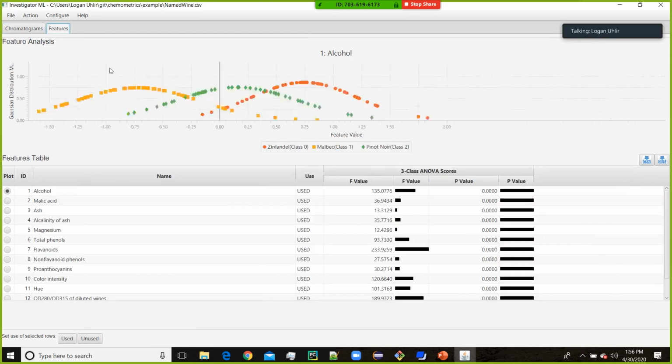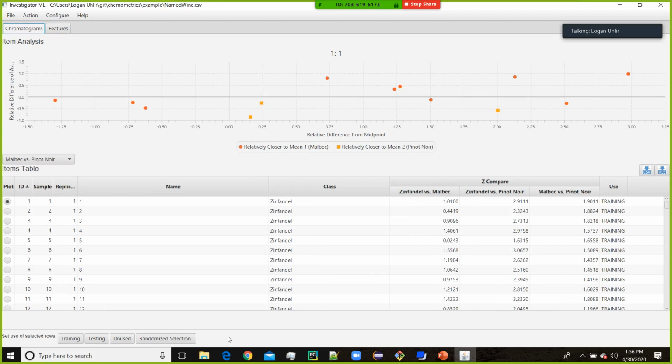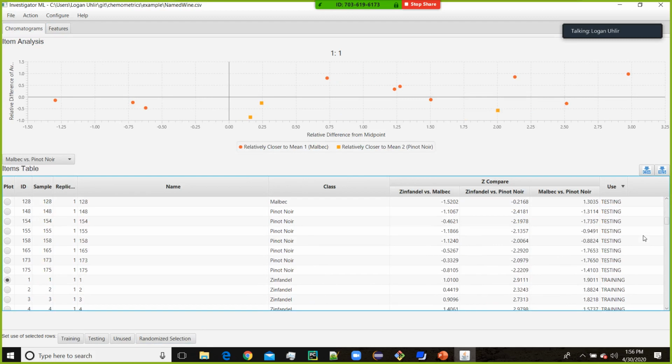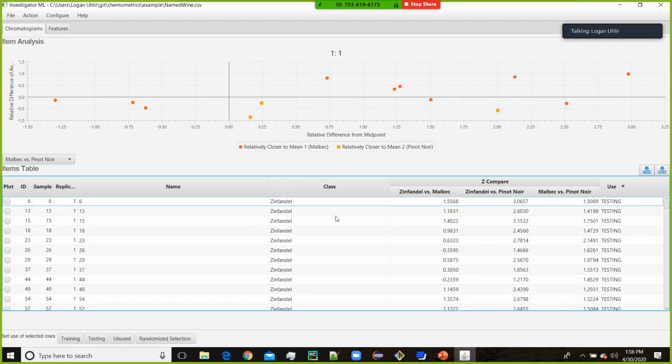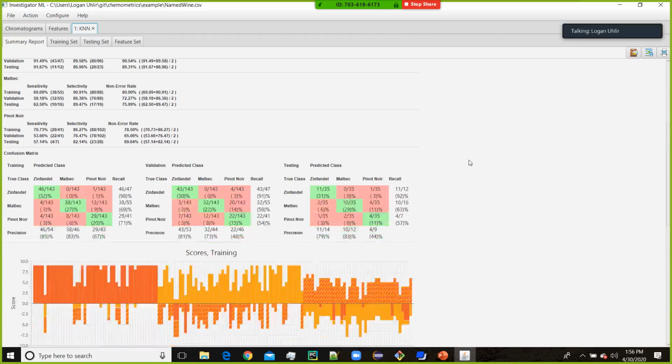And then you can also view some feature statistics like ANOVA scores and different things. You can also choose which samples and features you want to use or not use within a classification technique. We also have a feature here where you can click a button and it separates a portion of the data into testing versus training, randomized, so that you have a better idea of how it might test in the real world. If we run a KNN classification here,